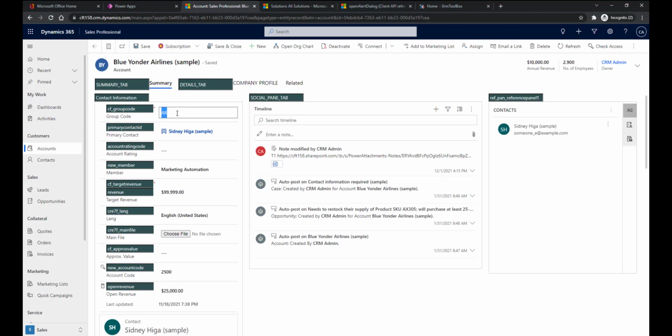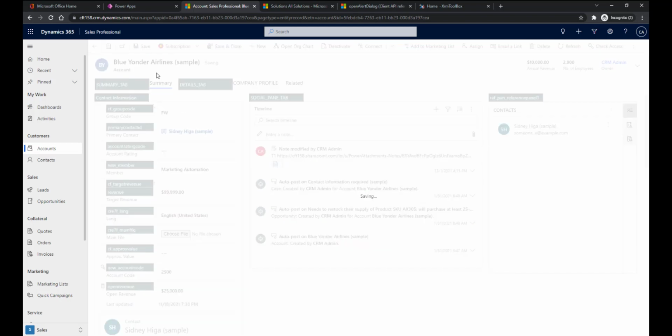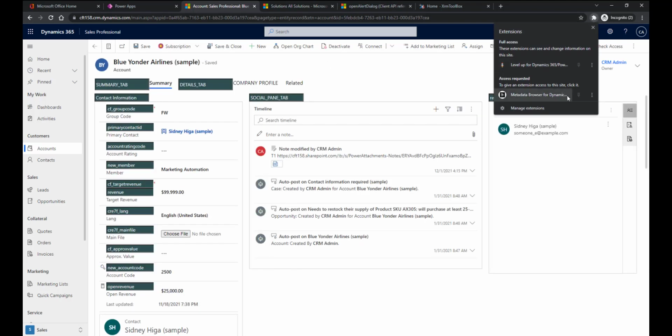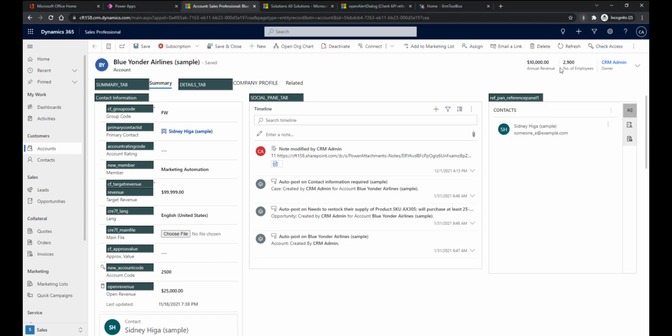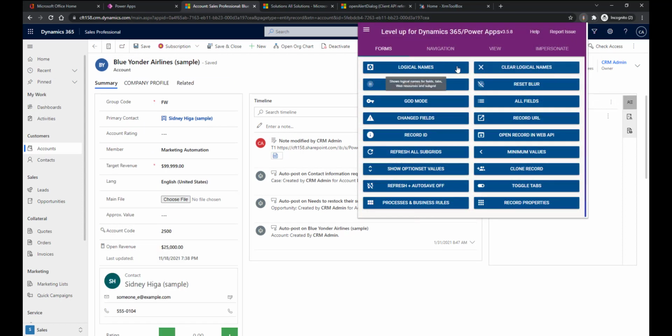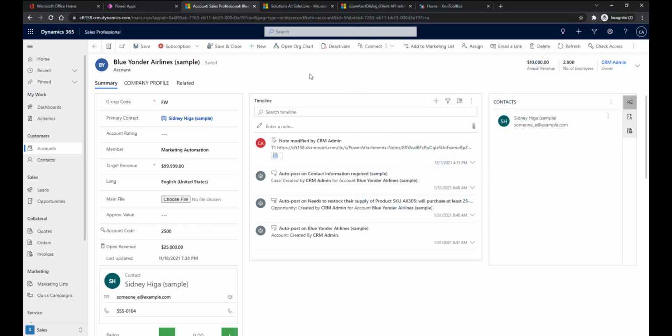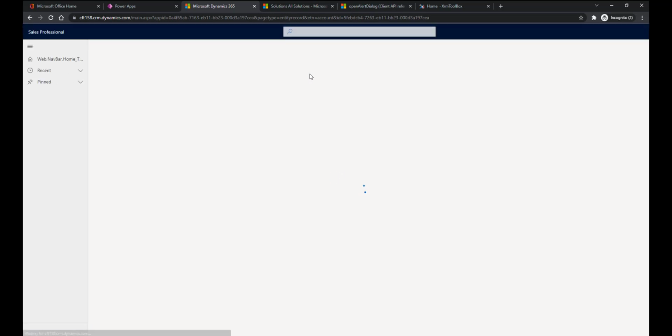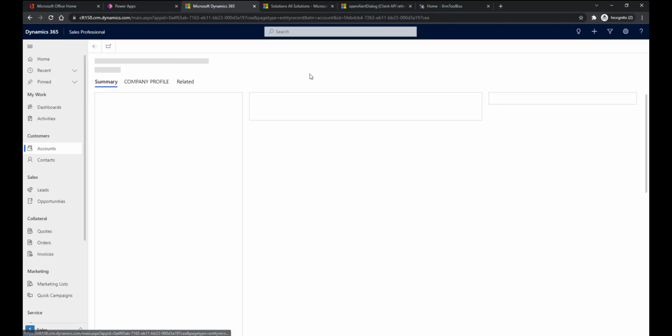Now here first I'll just set this to some other value so that we are able to enter AR again. So I'll just enter something as FW and save. Now I will just remove the logical names. I can click on clear logical names. They are clear. Now I can try to refresh this form once again and then perform the operation. So now if I enter AR, it should show me the alert dialog with all the properties that we had set.